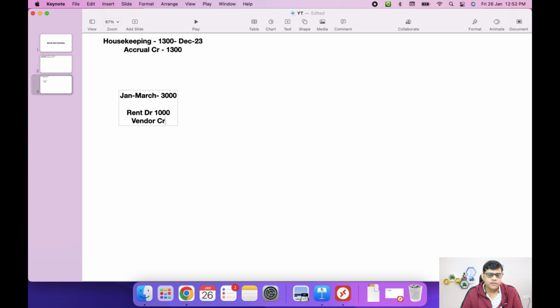But in this case, rent is fine at 1000, but the invoice amount is 3000. Normally the invoice is raised and the payment is done, but actually for this month of January, how much is the rent? The rent is 1000. So we are paying the rent in advance, which is known as prepaid.